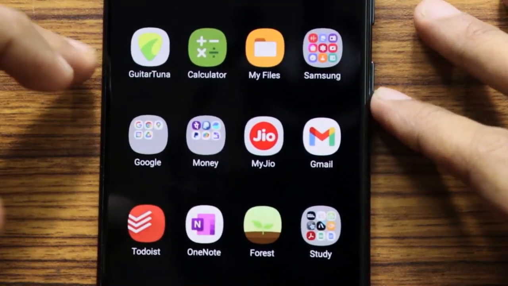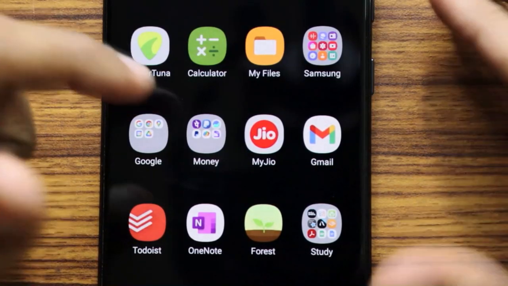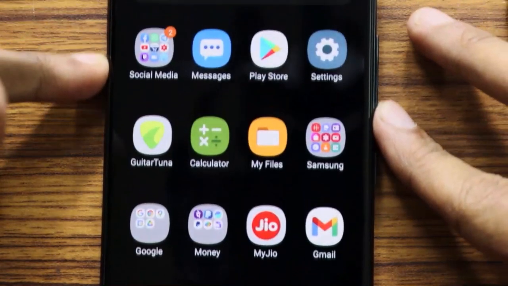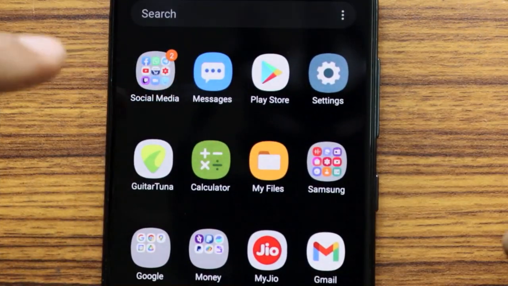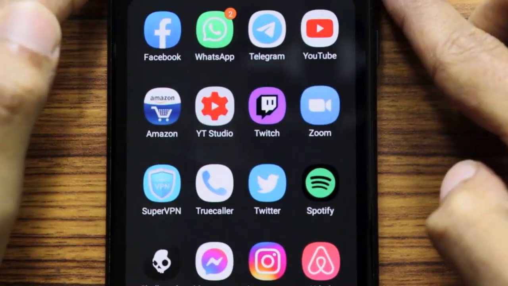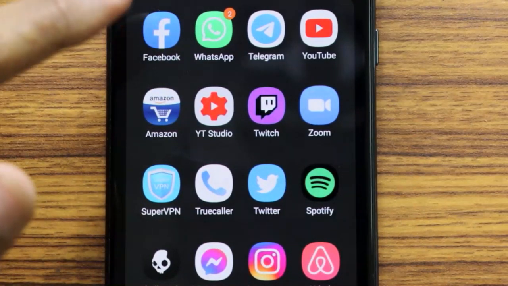We come up. I have some important apps, money apps. For example, all my PhonePe, Google Pay, whatever pay is there is in money. My Jio for recharging, Gmail for my mail, and the most distracting app, social media, is in the top left corner because I don't want to use that a lot. Even among my social media apps, I have Facebook at this corner, which is the farthest away from here because that's something I don't want to use a lot.